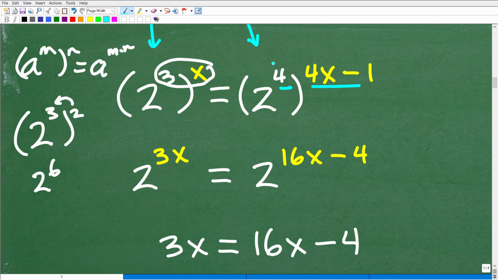Of course you can go the other way, but you want to put this expression in parentheses, because we have to apply the distributive property. So this is going to be 4 times 4x, which is 16x, and then 4 times this one right here, which would be 4. This is not going to just be 16x minus 1. So if you made that mistake, I'm glad that you did, because next time you'll know to put parentheses around